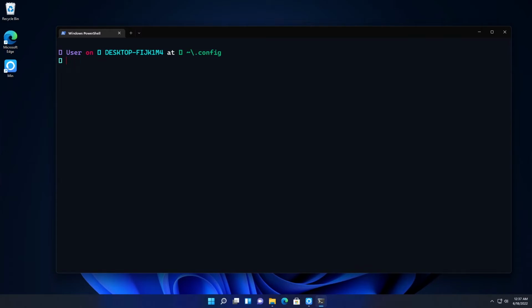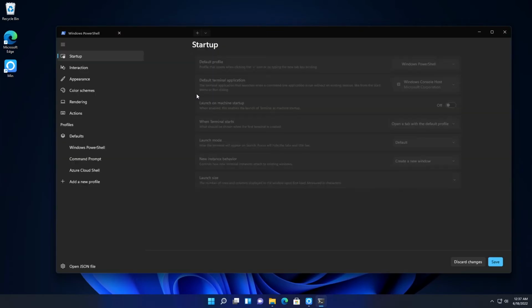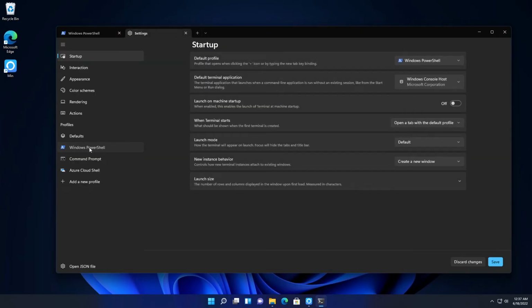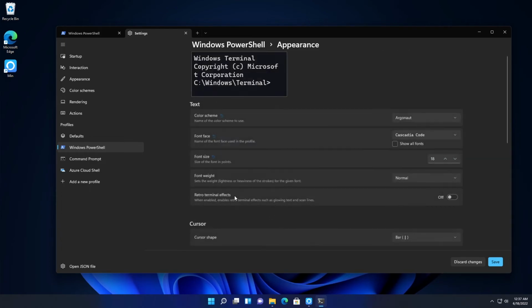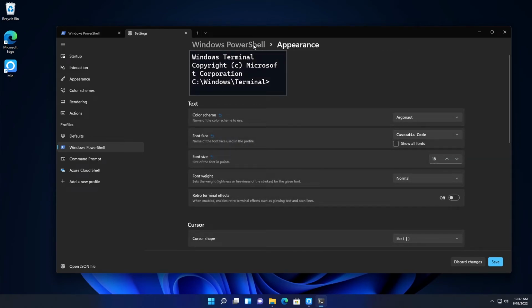Let's clear out the terminal, and as you can see, it's showing something, but there are some blank icons. So to fix this problem, you need to go to settings, and then under the profile section, you need to select PowerShell, and then scroll down and select additional settings, and in